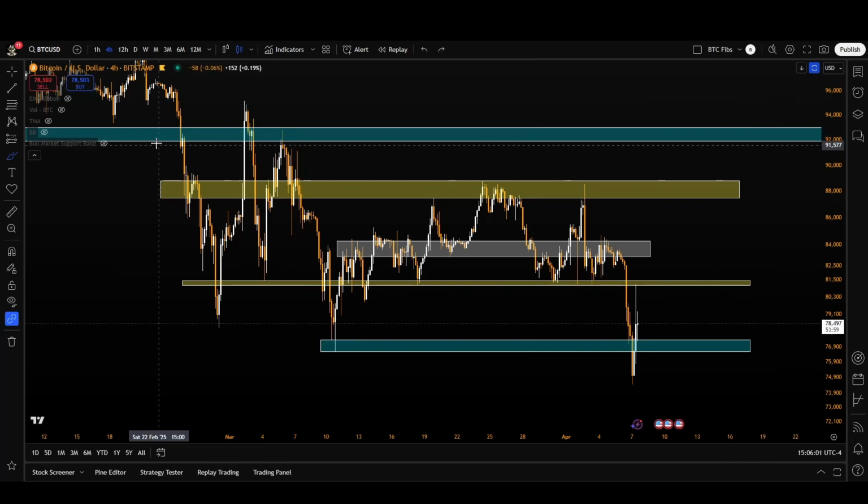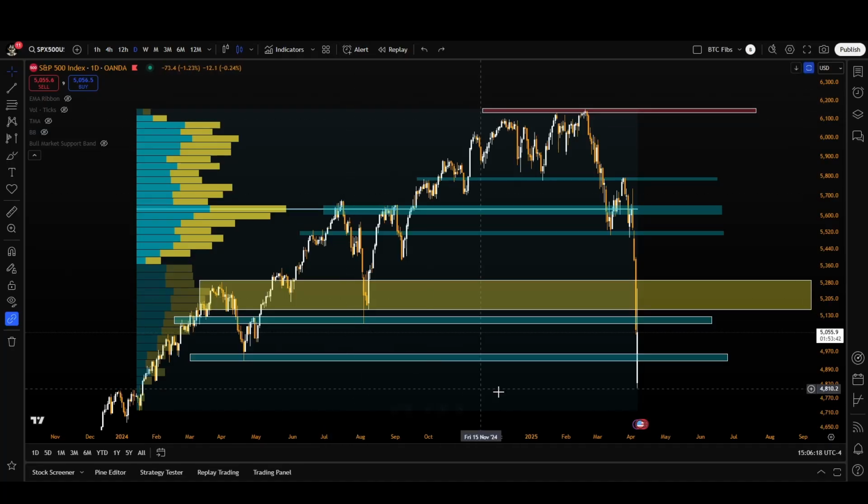I'm extremely bullish on Bitcoin, not longing at this moment in time, really want to see some confirmations, but like I said, I uncomfortably bought the dip this morning in spot for Bitcoin and Solana. I don't really trade the S&P 500, but it is notable to say, and I do have to be completely honest with this, the S&P 500 looks a lot worse than Bitcoin right now, and I need to see the S&P 500 back above 5,200 as soon as possible for this to start to look